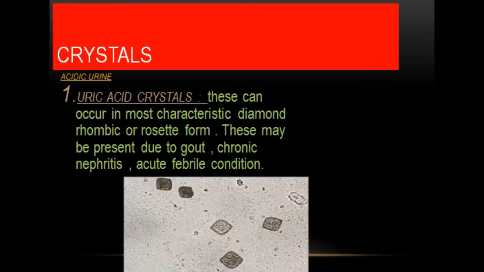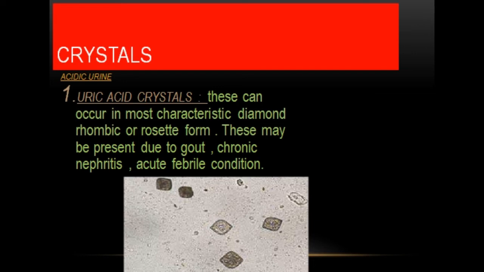Sometimes it also happens that along with fatty casts we have bilirubin crystals as well. Bilirubin crystals form from conjugated bilirubin and are needle-like granular crystals that are yellow in nature, and they may precipitate to form elements in the urine. Now we will discuss the crystals one by one.